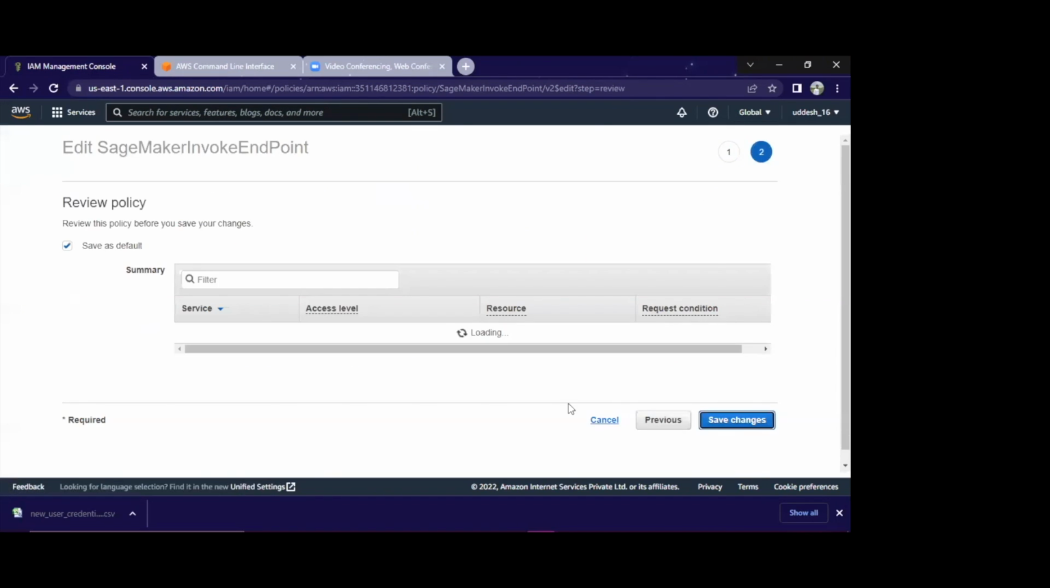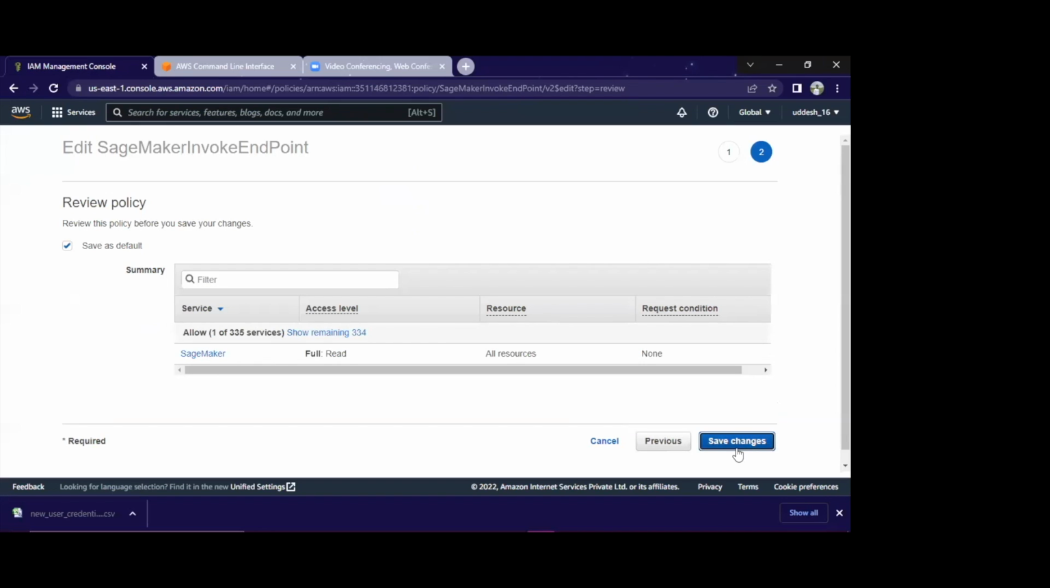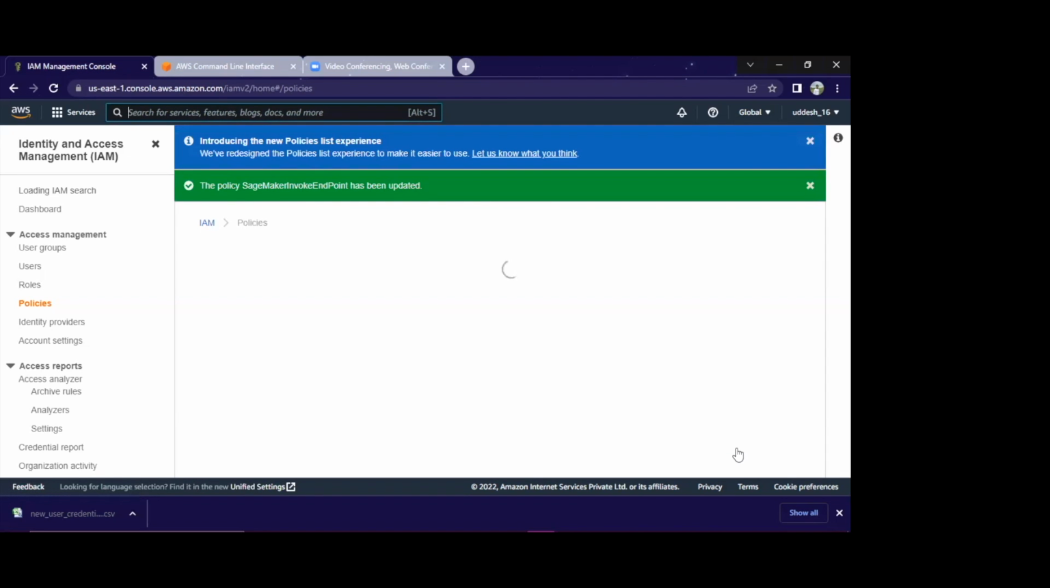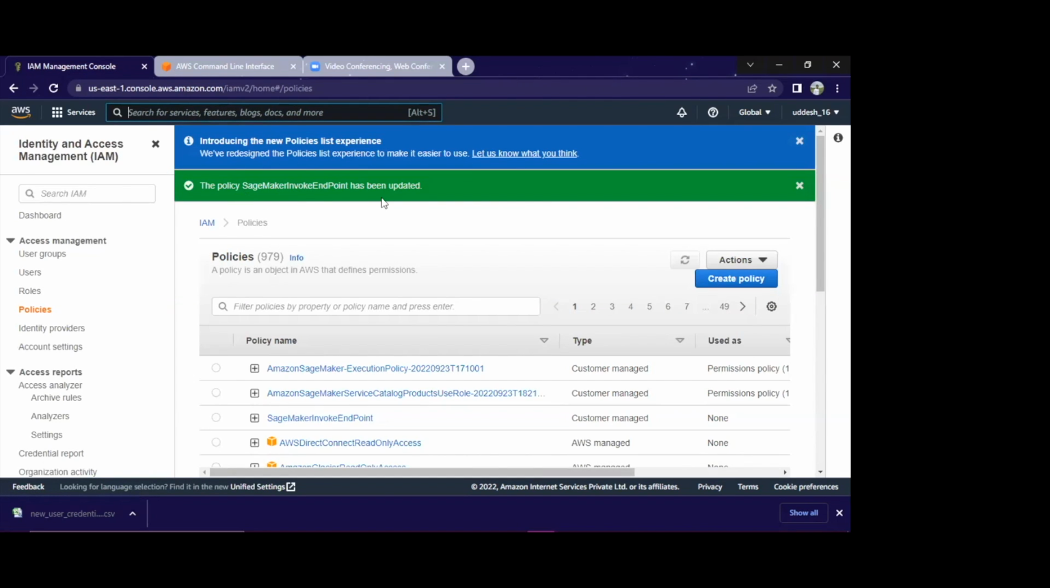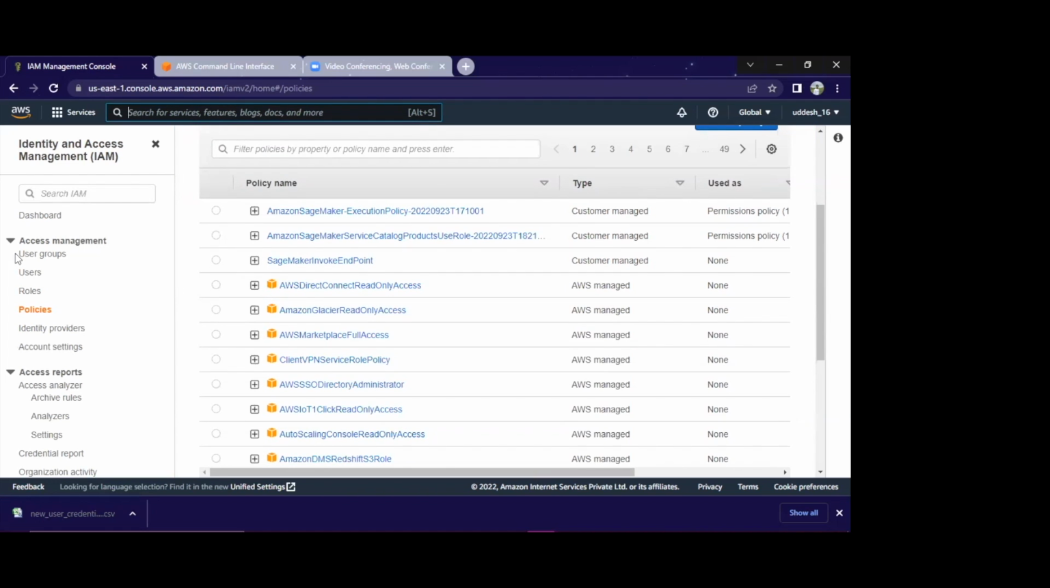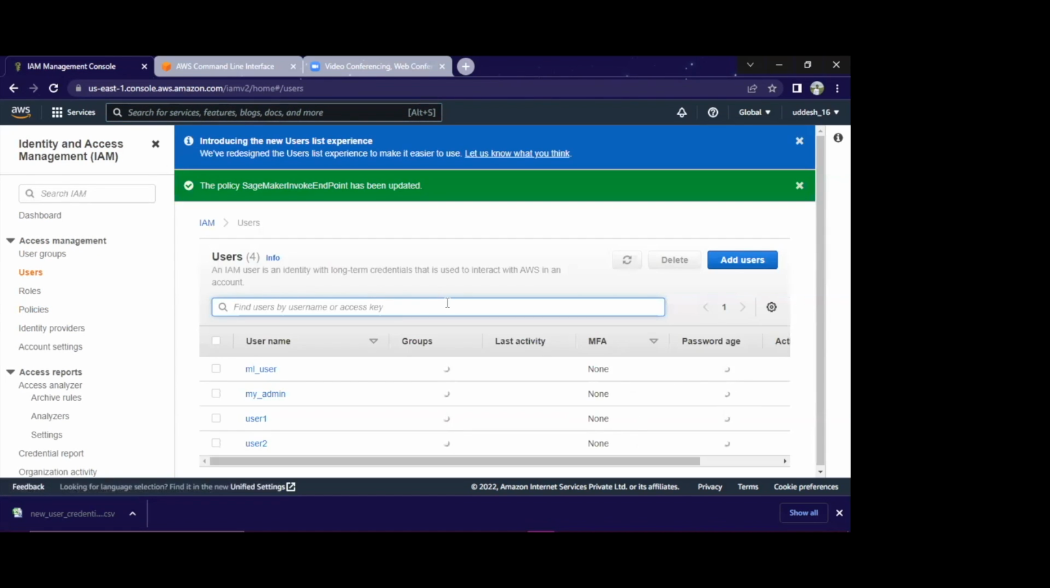You can just go to review policy, and in your console just go with create policy. The policy will be created. So you can see SageMaker invoke endpoint. Yeah. So now that the policy is created, and I'm guessing you will have the policy,